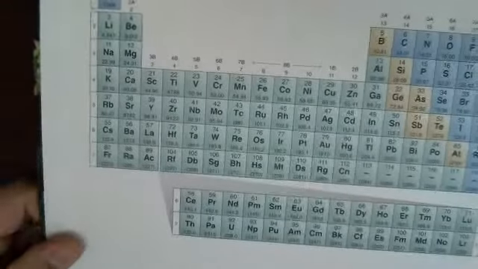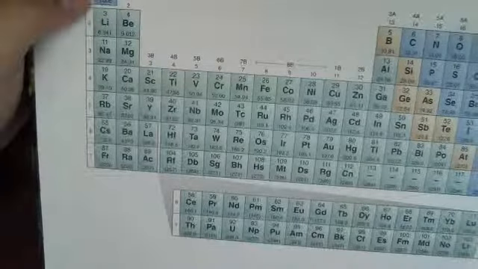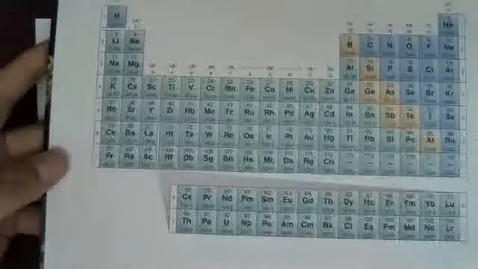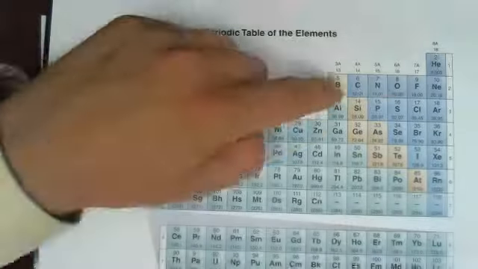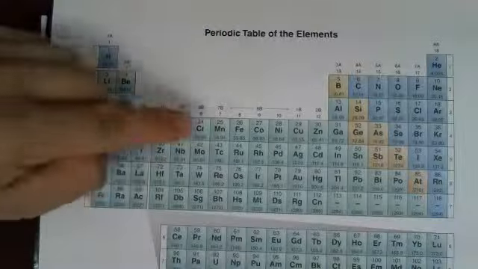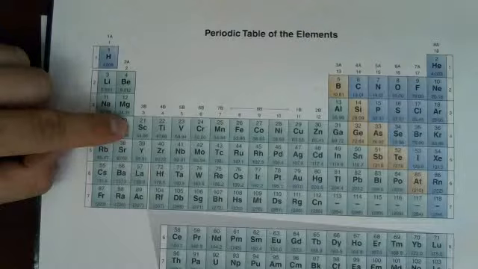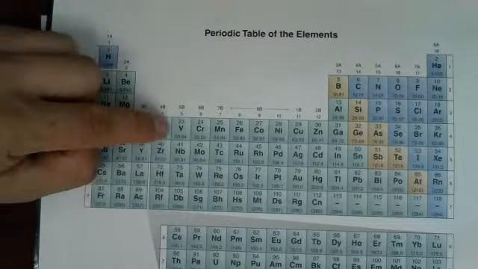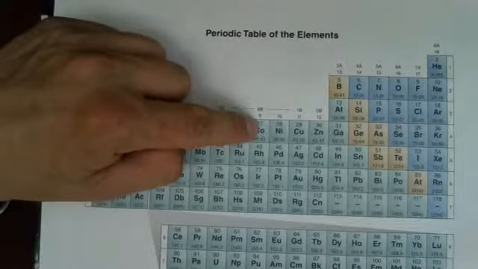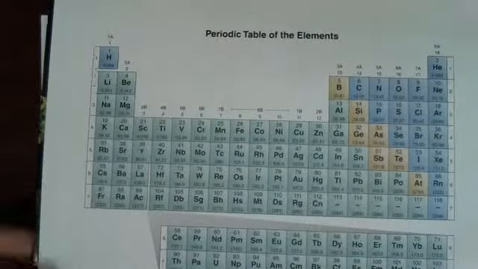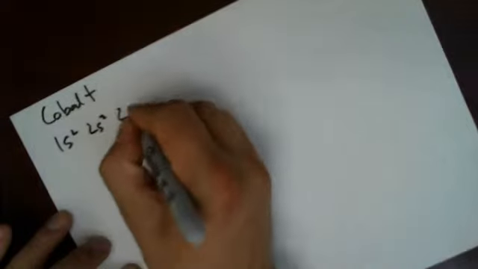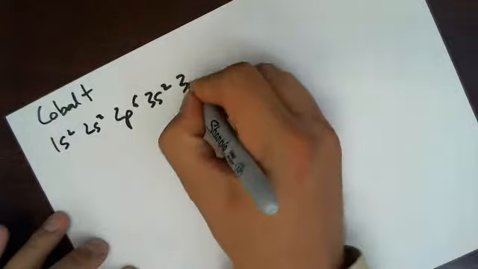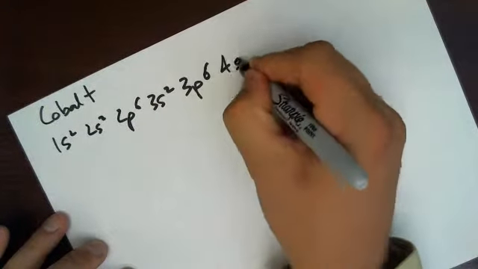So if we take the example of cobalt, all you have to do is look at your periodic table, and so we'd have 1s2, 2s2, 2p6, 3s2, 3p6, 4s2, then 3d, 1, 2, 3, 4, 5, 6, 7. It would be 3d7. So let's write that out. So it would be 1s2, 2s2, 2p6, 3s2, 3p6, 4s2,